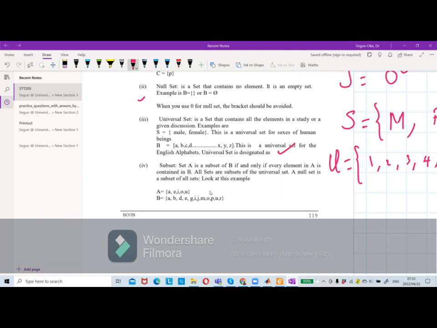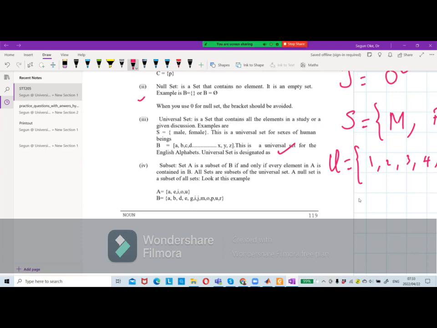Set A is a subset of B if and only if every element in A is contained in B. All sets are subsets of the universal set. A null set is also a subset of all sets. For example,